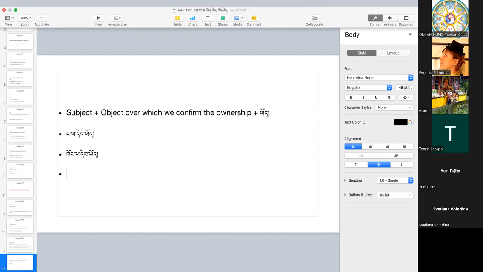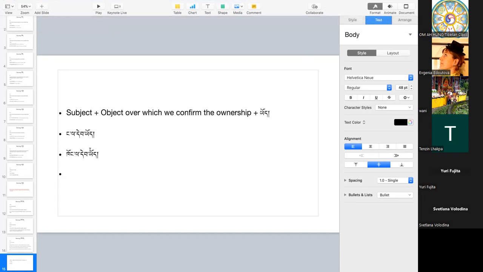So we have the object here. Same sentence: I have a book, he has a book. So nga is the subject, thep is the object over which we confirm the ownership, and then we have yue,